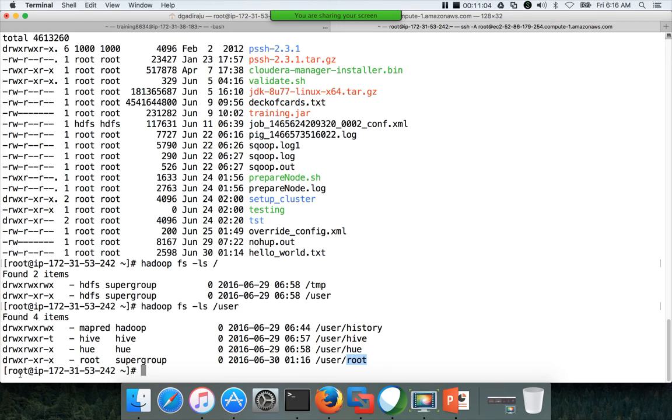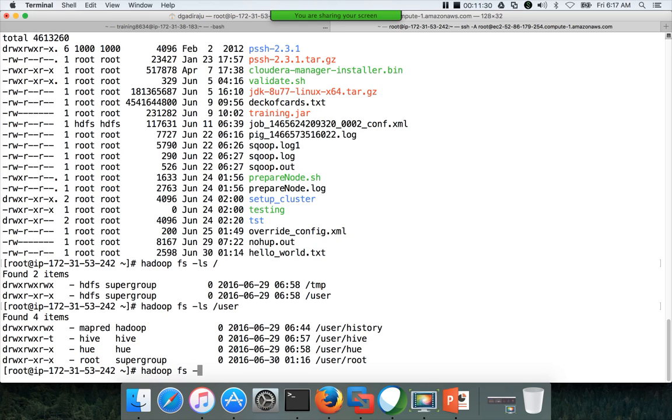That means this OS user root on this gateway node has user space. So logging in as root onto any node that has access to the Hadoop cluster, he can actually use this user space because he is the owner. The OS user root is the owner of this directory, and he can copy the files into that location.